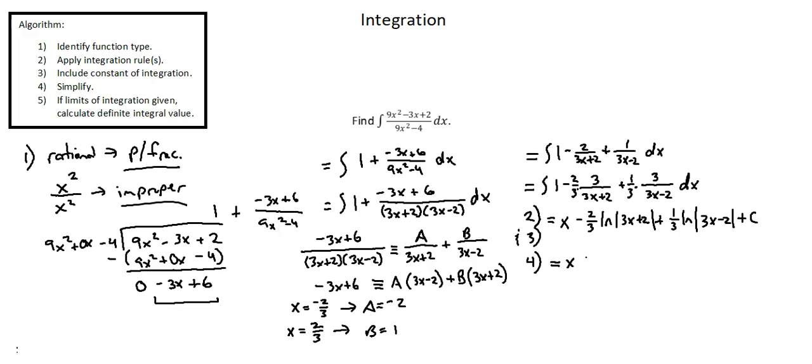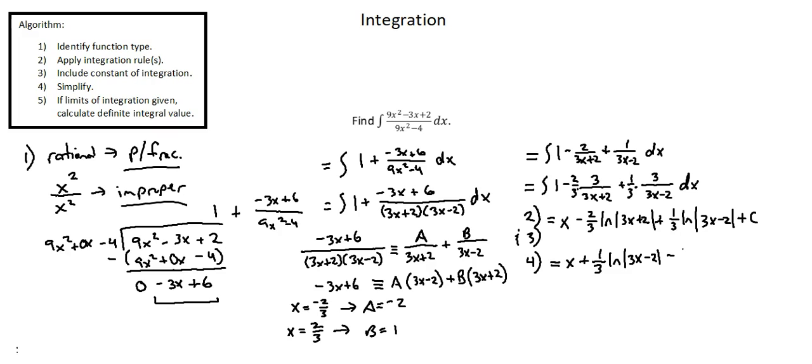So I'm going to write the next term as plus 1/3 times the natural log of 3x minus 2 minus, what comes next is 2/3 times the natural log of the absolute value of 3x plus 2, but